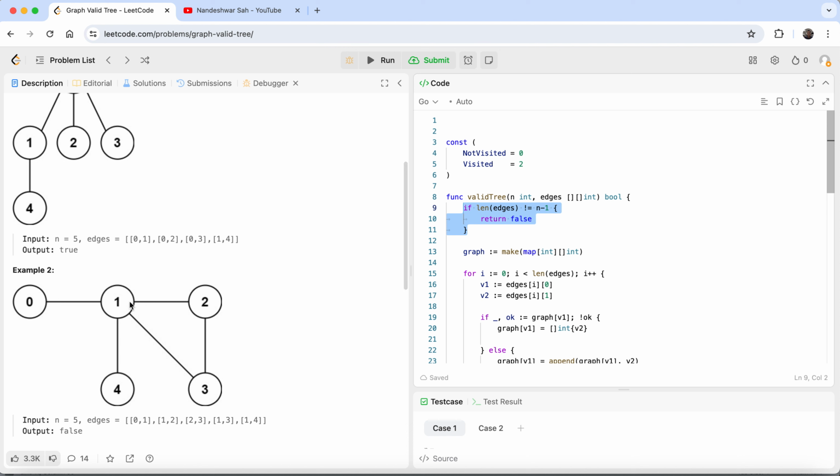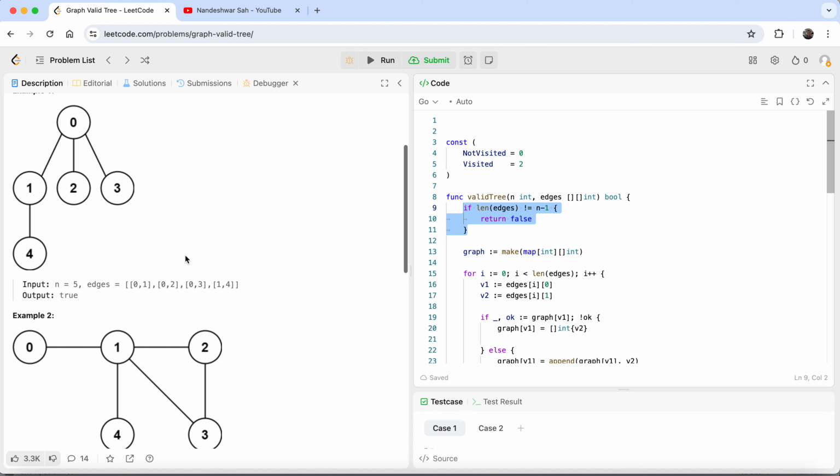You can also check here. One thing is, this is a circle, there is a loop here, so anyway, based on the loop we know that this is not a valid tree. But if you count here, 1 2 3 4 5 vertices, and 1 2 3 4 5 edges, the edges equal the vertices, so that's also not a valid tree. So we know the edges should be one less than the count of vertices. Okay, so now that we understand the problem,